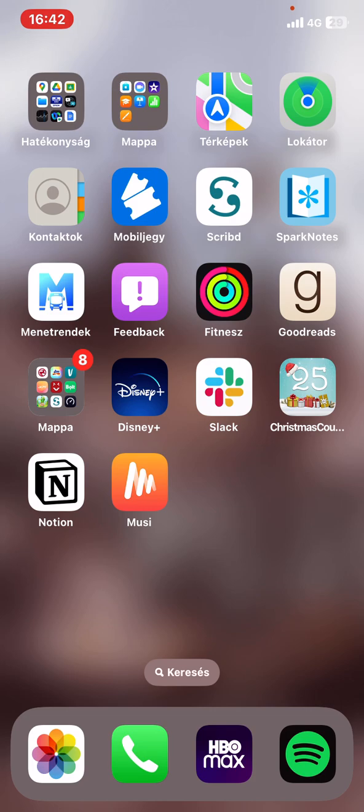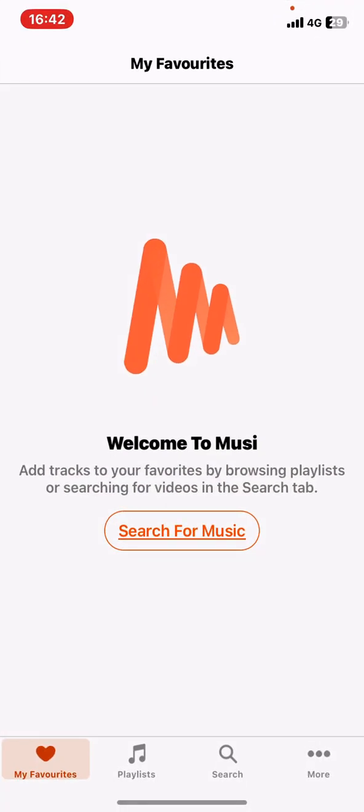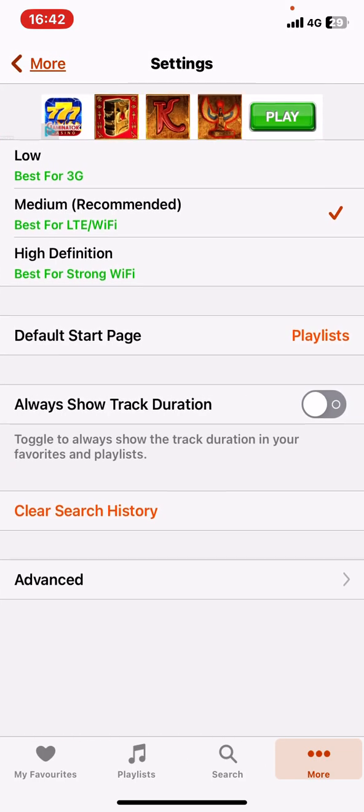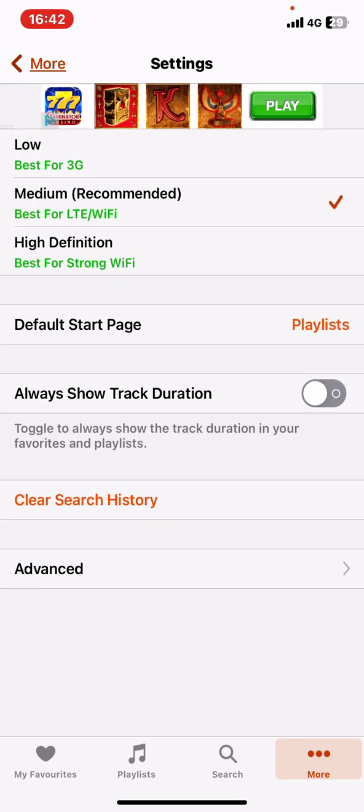Let's jump into it. First of all, open the application on your phone. Click on the three dots at the bottom of the page on the right, and then click on the settings button, and at the very top you can see that there are three options